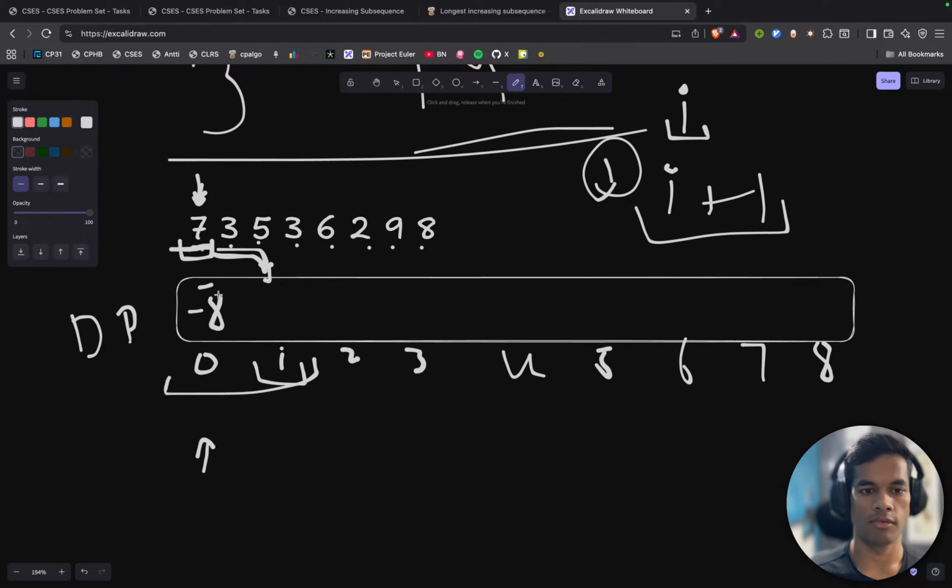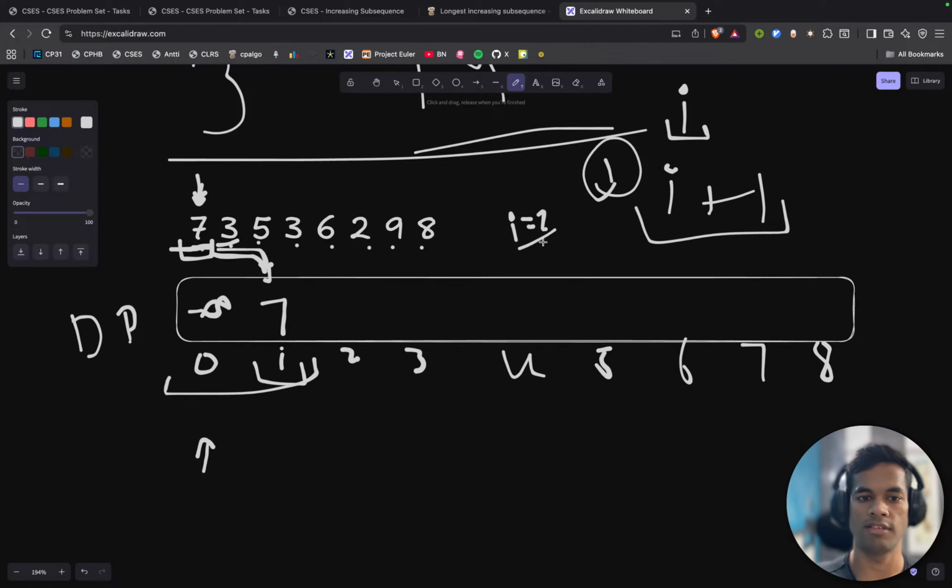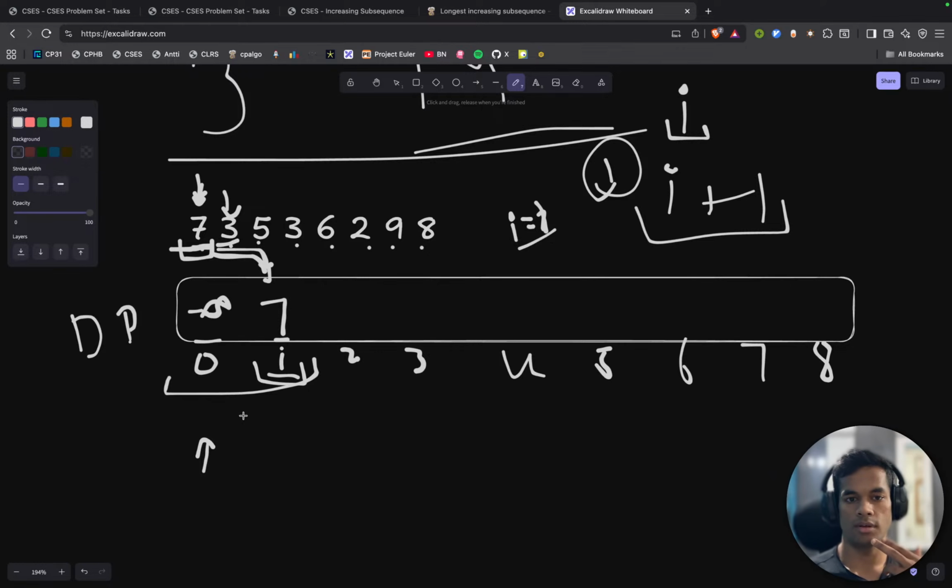So minus infinity here. Wait, why am I making an 8? Minus infinity, let's use infinity, and here we would have 7. And when I'm here, index I equals 2, the best length I can hope for, wait, I is 1 at this point. When I'm here, I is 1, the best length I can hope for is 1. And can I pair this up with 1? Nope. So I go left,